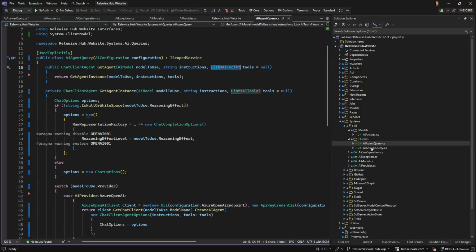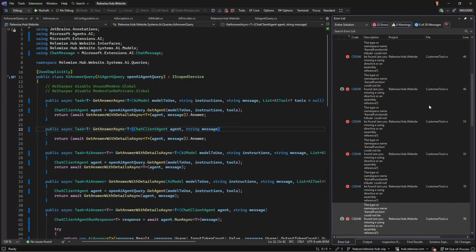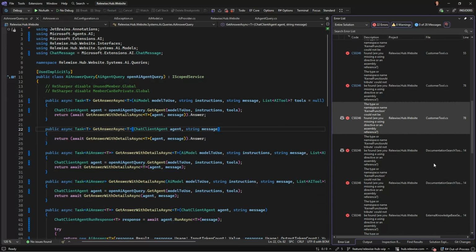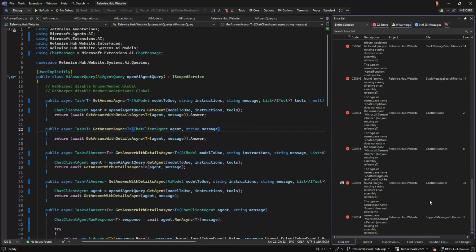So this can build now, this can build now. Let's see how many errors there's left. There should probably only be the various tool, and then the usage needs to be updated slightly.